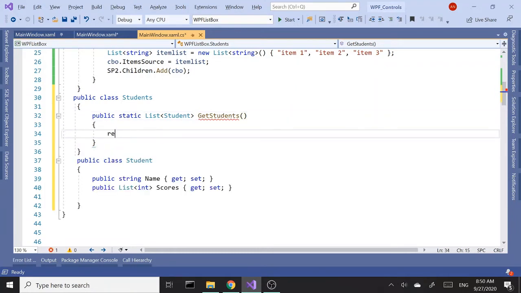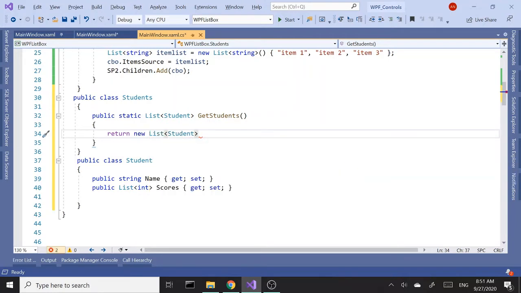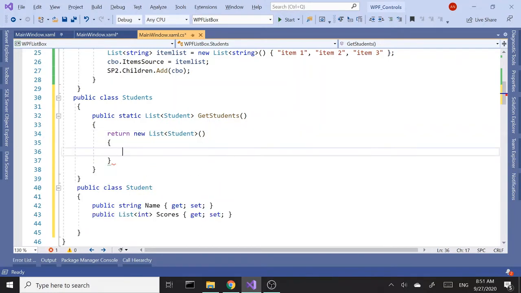Okay, so we'll return new list of students, and let's add a few items here. New student, name. Let's call this first student John, and give some scores. So let's go with 1, 2, 3,